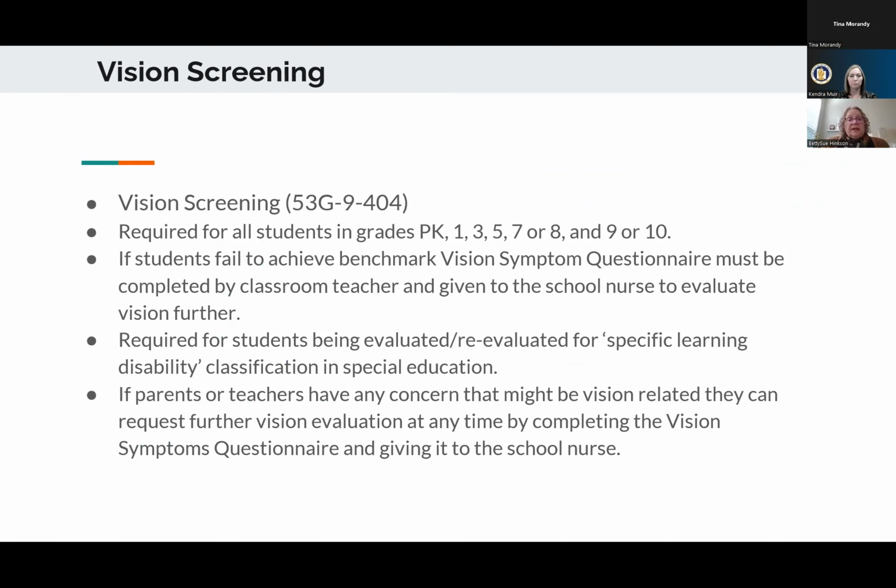Moving on from chronic illnesses, let's talk about vision screening. That was a law passed in 2019, where it is now mandatory for all students in grades preschool. Oh, I skipped kindergarten, it's not listed there. Preschool, kindergarten, 1st, 3rd, and 5th grades, 7th or 8th, and 9th or 10th grades must annually have their vision screened. There are ways a parent can opt out, and there's also a provision where students who are in 10th